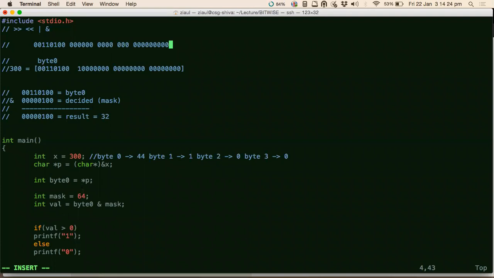Because what you have done is you have taken this and stored it in a bigger data form, and that's why all the extra bits have to be padded with zeros. But sir, won't it be like 300 only, because the address of x has already been saved? These 4 bytes are fixed for x.